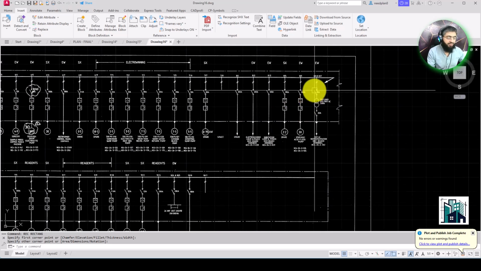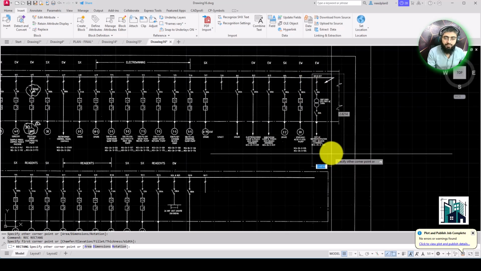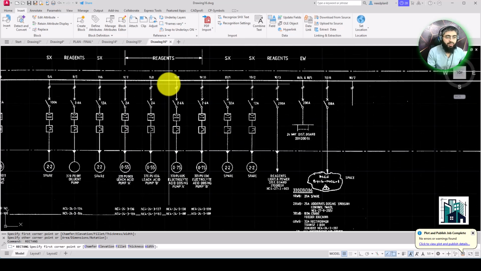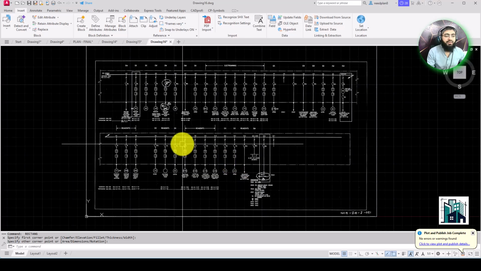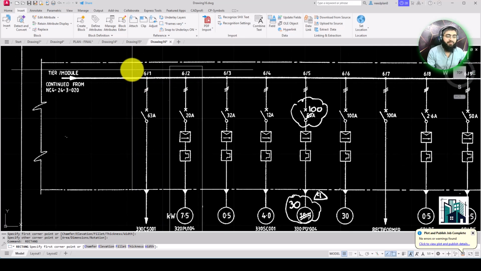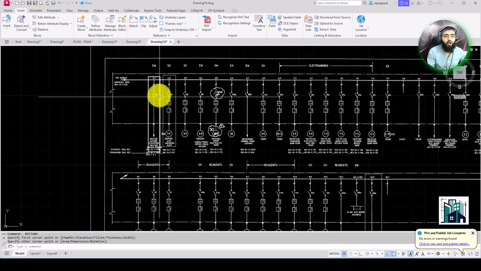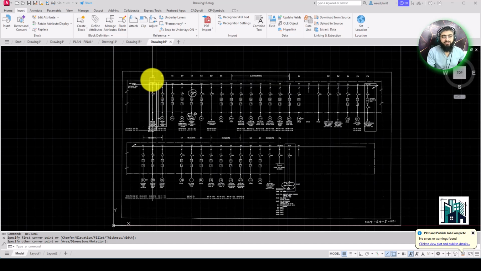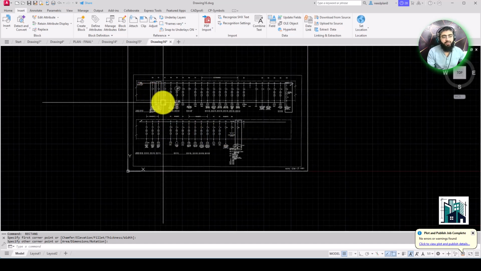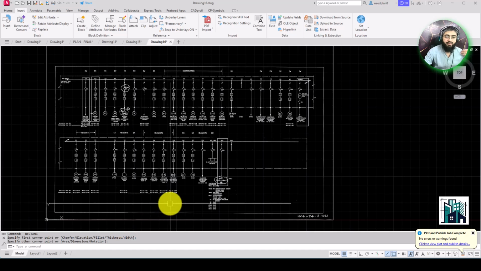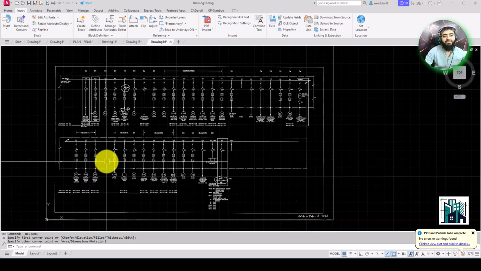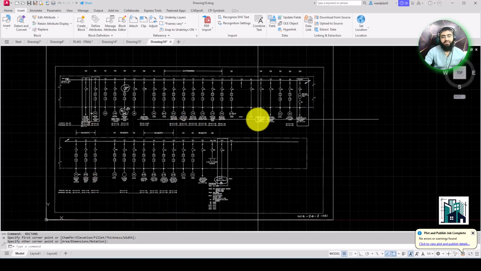This one is a different one, this one is also a different one, this line is a little different, but the same as this one. When we create this, we will copy from here to here. So we can create copies. When we create one line, we will create copies. In this way we can easily do this single line diagram.